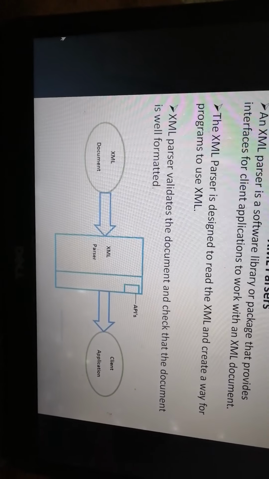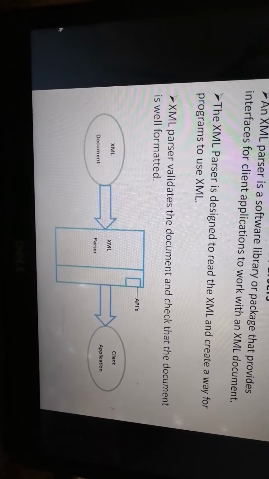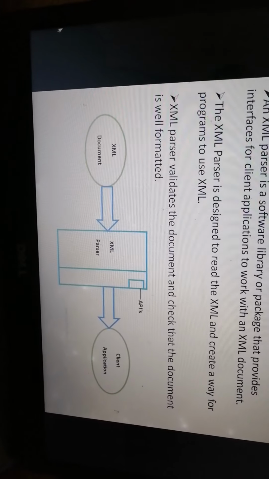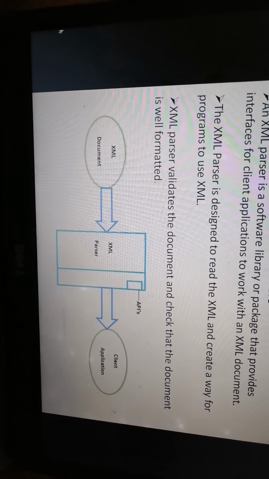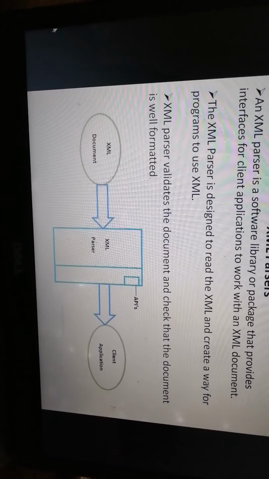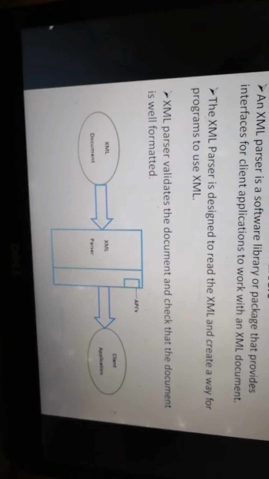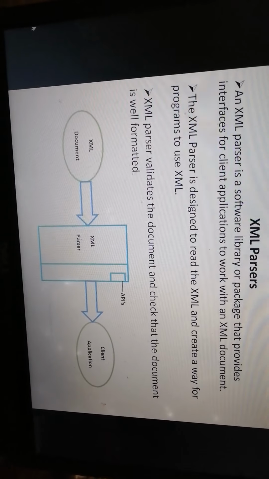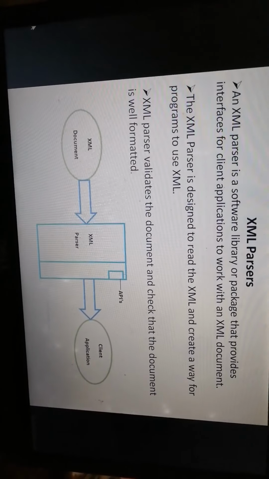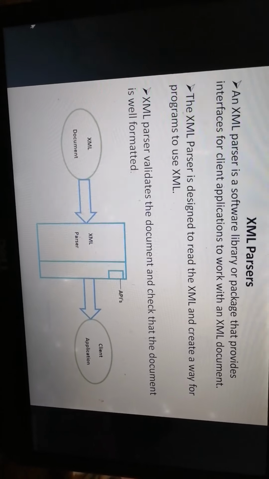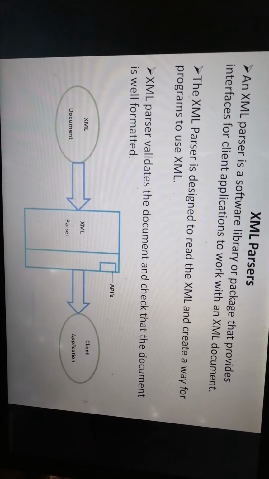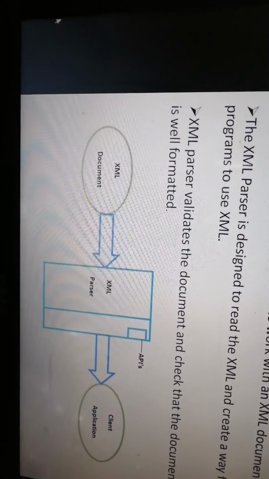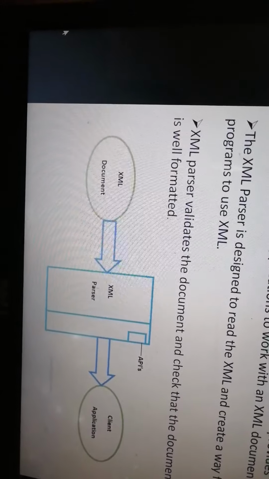These parsers support XML integration with other programming languages. That is, integrating an XML document with your Java program so that it can access XML data, or integrating that XML document with a PHP program so that it can access the required data. Here the XML document is submitted to the XML parser.